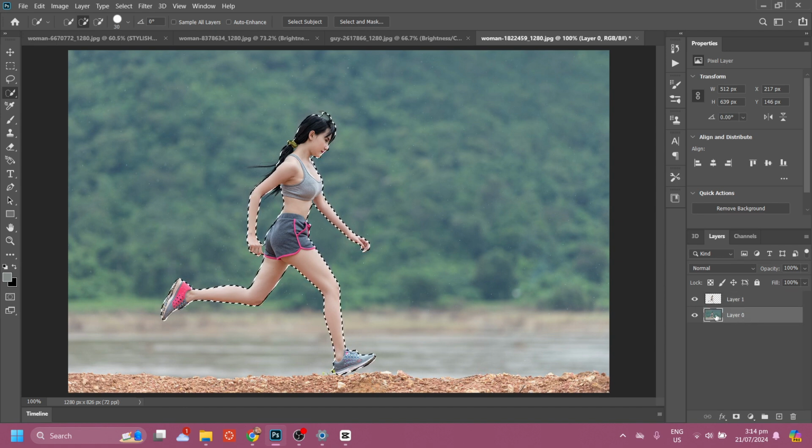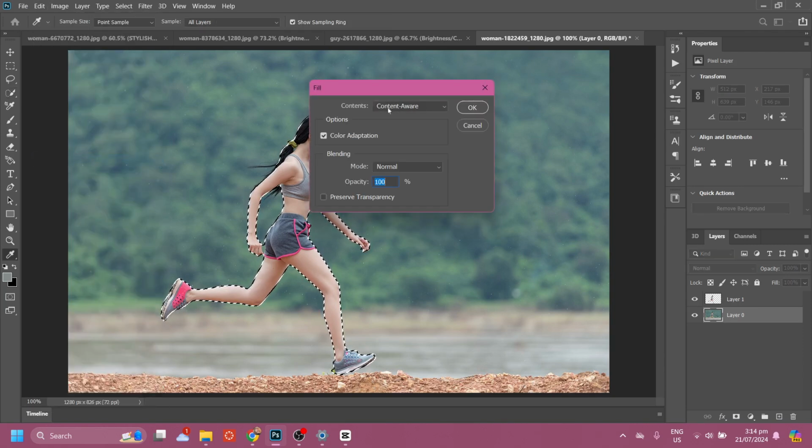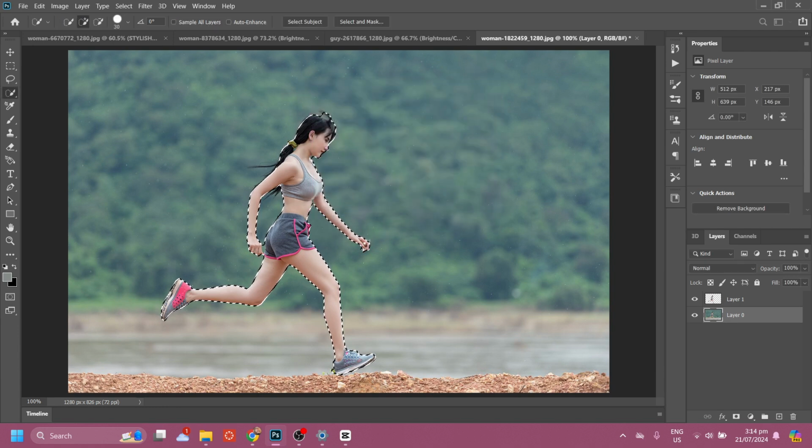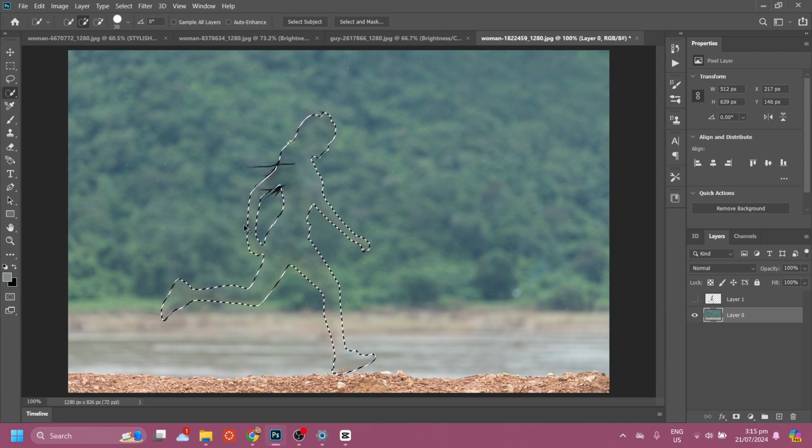Now after that, select this first layer and then go to edit and then select the fill and then select the content aware and then click OK. Now what we're going to do is hide the first layer and press Ctrl D on your keyboard, and then